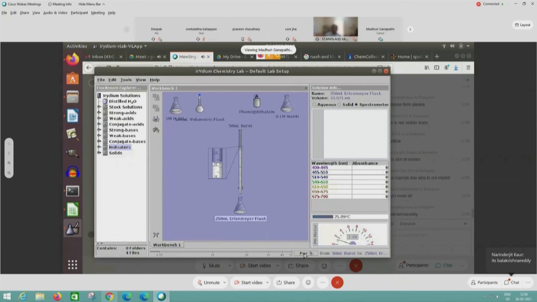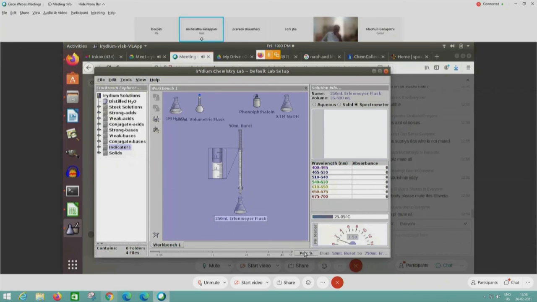Now better. Okay, so I've added around 15 ml of sodium hydroxide.